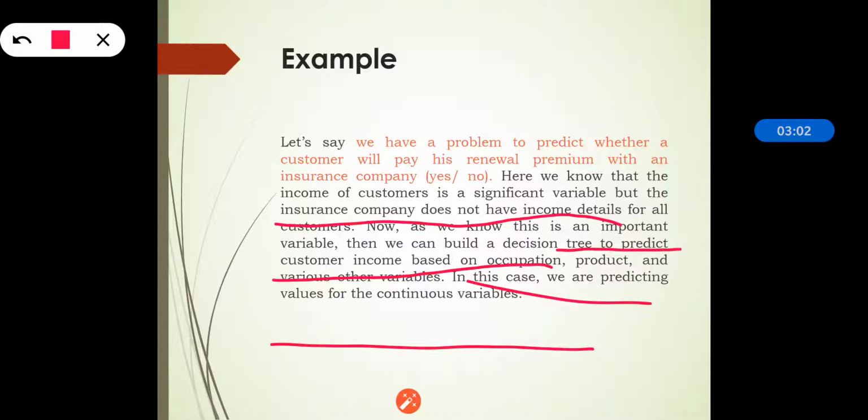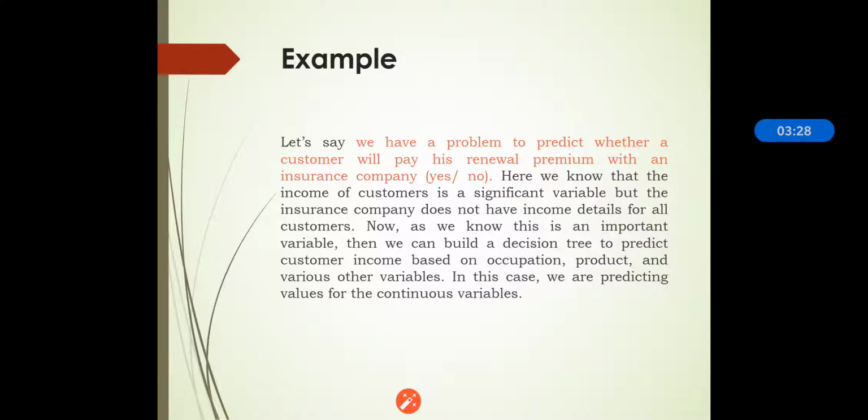We have the problem of whether a customer will pay the renewal premium, but we do not have each and every customer's income details. So the tree predicts the customer's income based on occupation, product and other variables. That is called the continuous variable decision tree, because these variables are continuous.